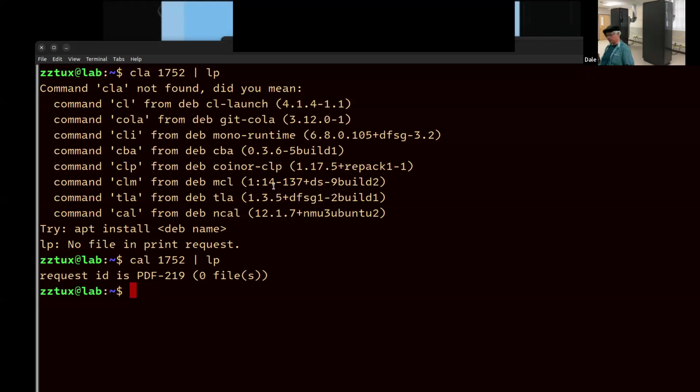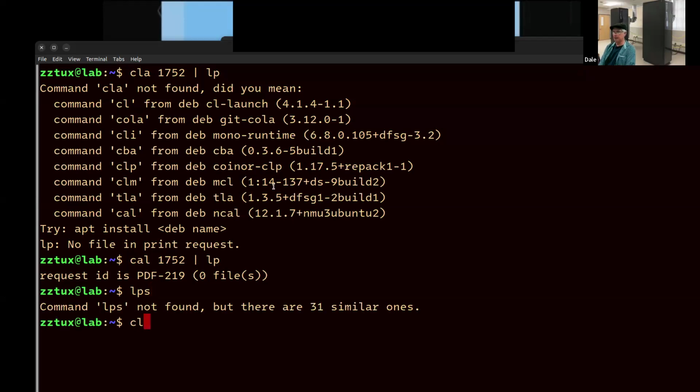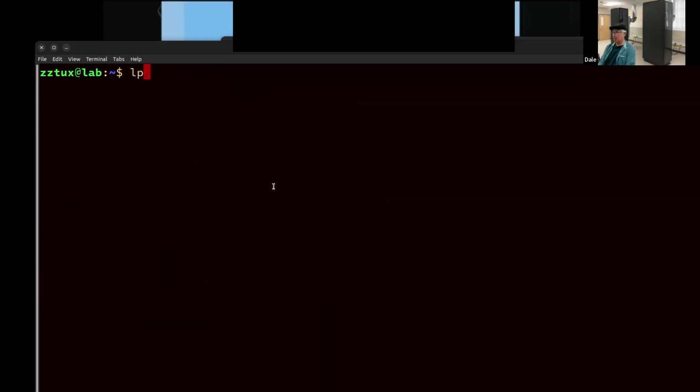The default printer in our case is, whoops, that's an alias I haven't created yet. lpstat -d. And it says the system default is PDF. So when you print through the line printing system, it will go to your PDF directory. So if I change directory to PDF,